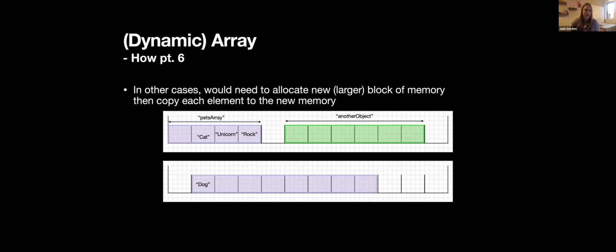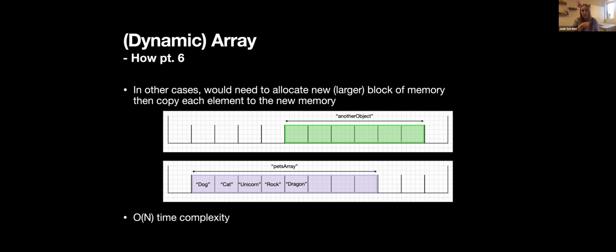Then we'd copy each one across, and then finally add the newly added entry. And then we'd free up the previous memory. If you click. And then finally,